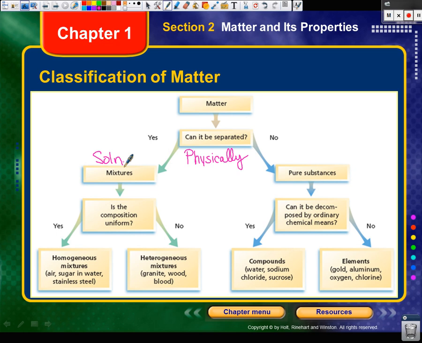But my question to you is, is the composition uniform? Does it look the same? Yes. So it would be called homogeneous. Now, you already know homogeneous, the prefix homo means the same. So something like air. Now, air is a weird